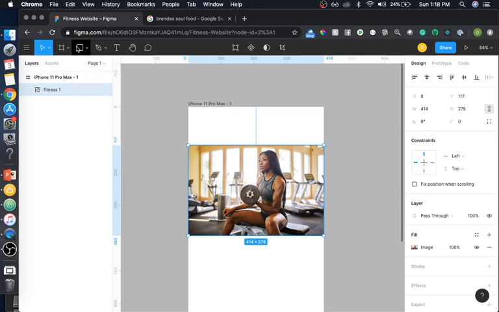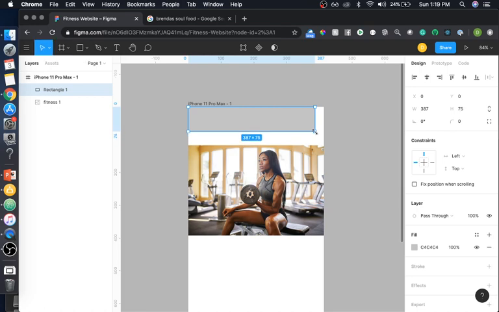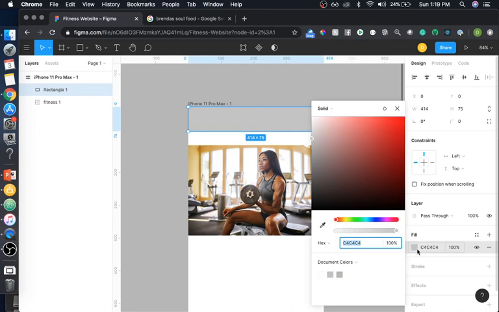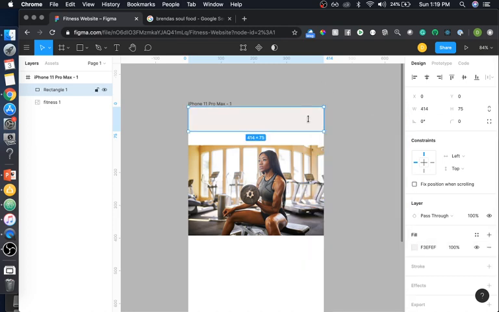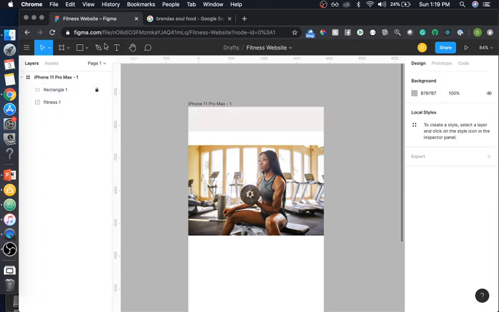Since this is on mobile, I want this to be simple to navigate, and I also want my brand to pop up easily so people could see. So I'm gonna drag this down here. I'm gonna just drag a rectangle and begin to write. Let's make it gray, or a light gray. I'm gonna drag that and let's lock this position in so that it can't move, and we're gonna call this